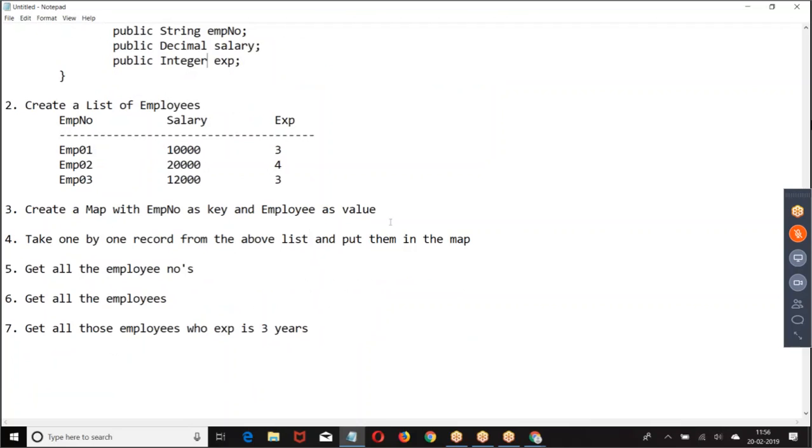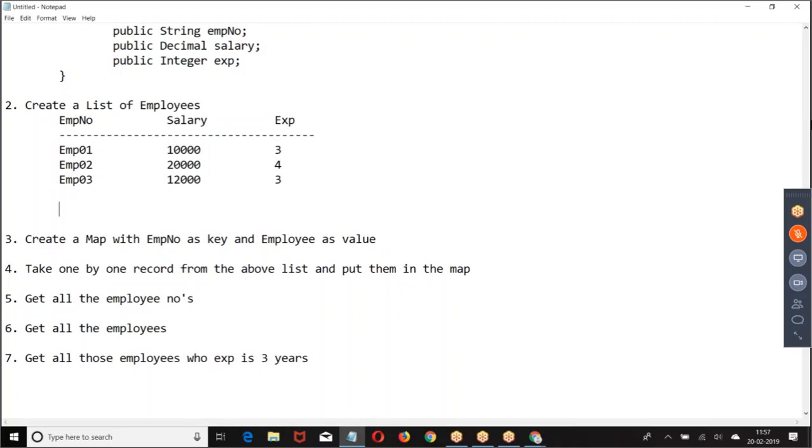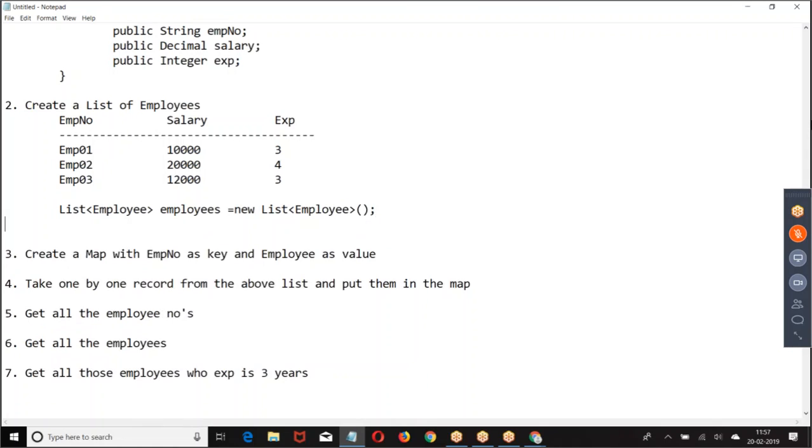Then create a list. List of Employee is equal to new list of Employee. Then add it.